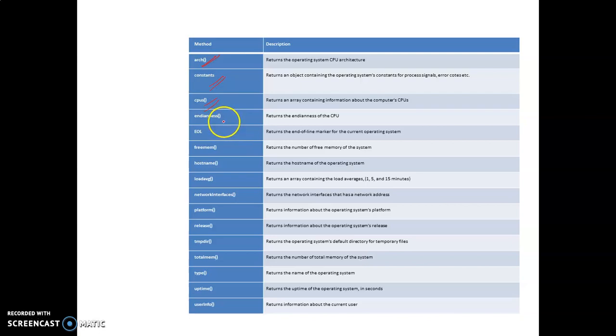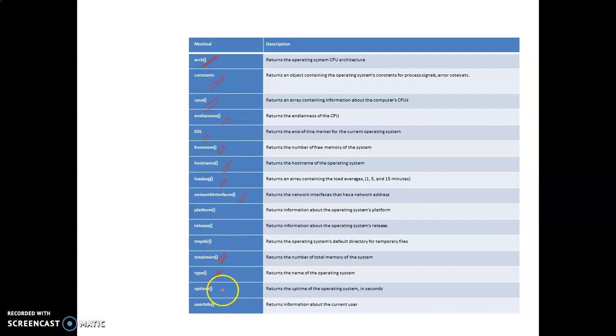Then endianness, which returns the endianness of the CPU. Next is end of line, then free memory space, host name, load, then network interfaces. Such kinds of methods we can use. There are a lot of methods like total memory, and the type of operating system, that is the name of the operating system which we are using.